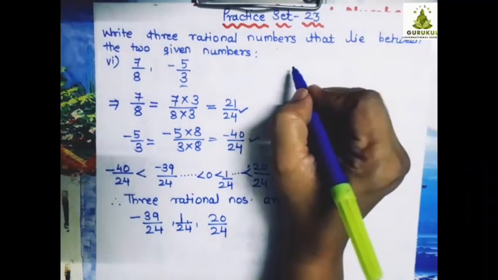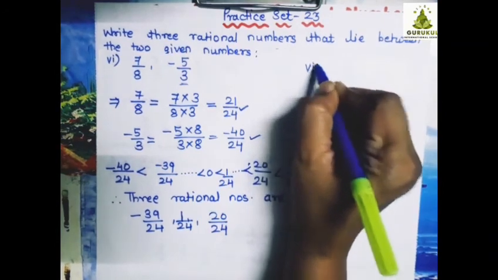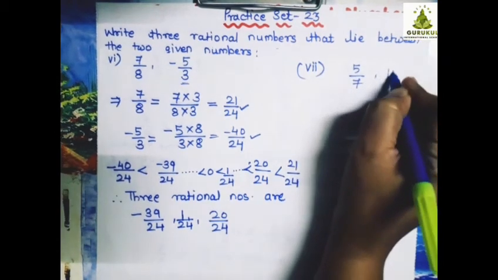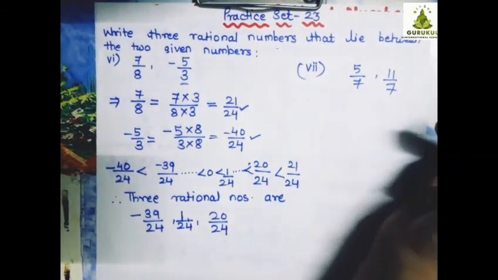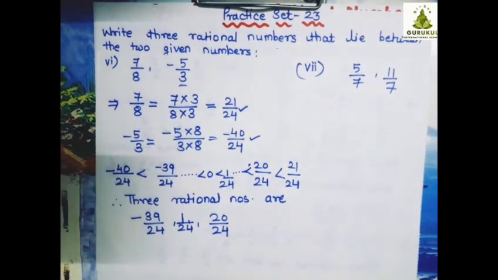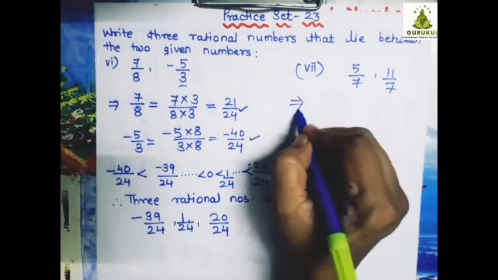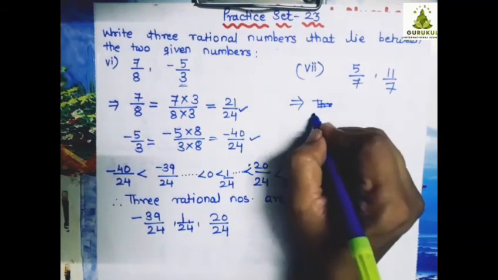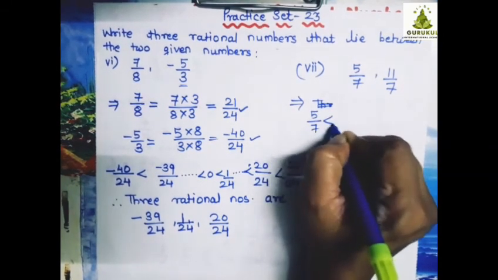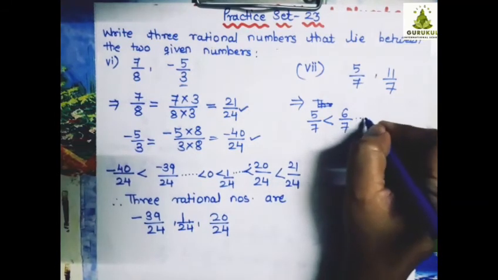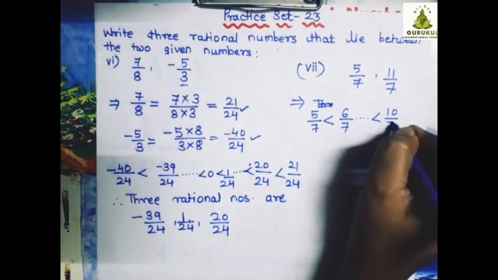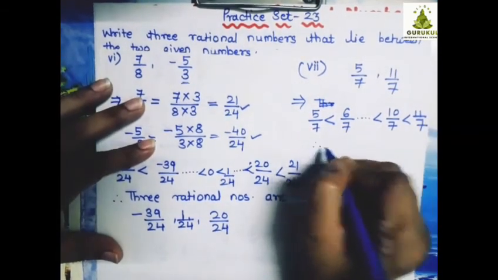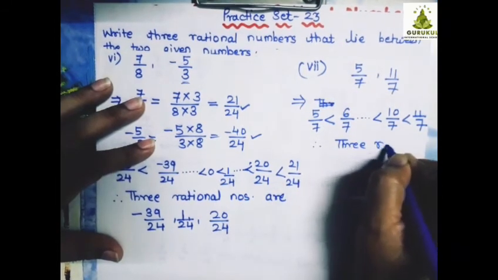Now, the seventh one. In the seventh sum, what is given is 5 upon 7 and 11 upon 7. Here in both cases the denominator is the same. So, it is very simple, you have to write the numbers between these two. Orally or directly you can write down 3 numbers between. Okay, the final answer we will write afterward. We can write 5 upon 7 is less than 6 upon 7 and so on, less than 10 upon 7 and less than 11 upon 7. Therefore, 3 rational numbers are,